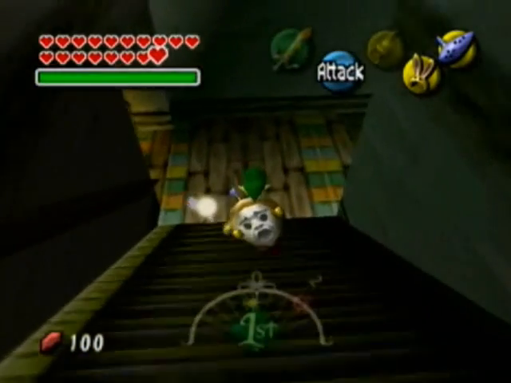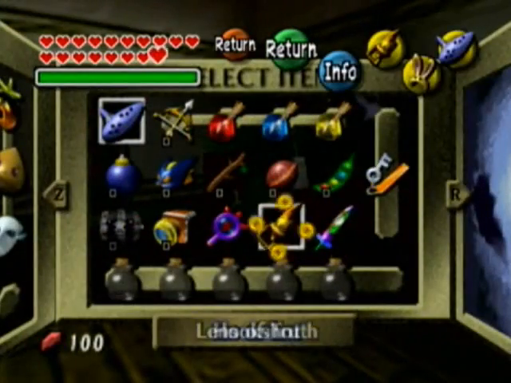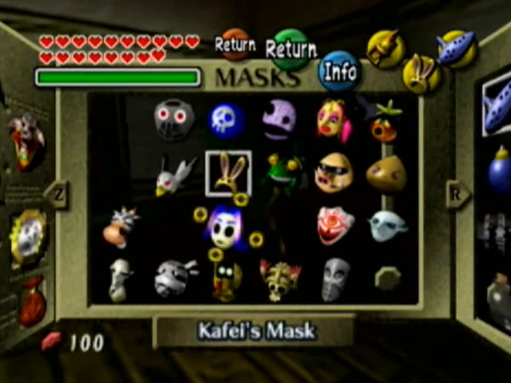Oh, hey. Didn't even see that guy there. Girl there. Whatever. So now, after you get your room key, if you talk to her while wearing that mask...